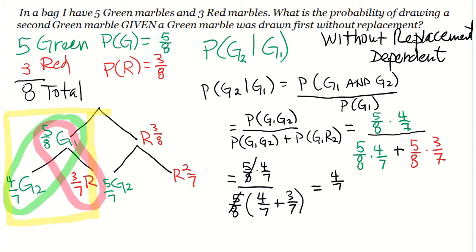That gives me 4/7 on the top. 4/7 plus 3/7 equals 7/7, and that simplifies to 1. So 4/7 divided by 1 equals 4/7, which is what we got previously,